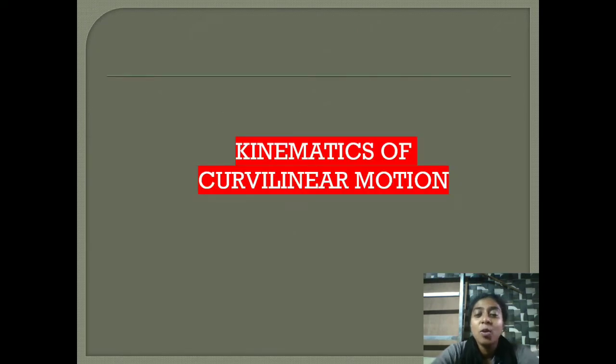So we are studying the kinematics of curvilinear motion. In our last part, the seventh video, we saw how to represent the velocity, acceleration and distance in terms of rectangular coordinates, polar coordinates and normal and tangential coordinates, and we saw a few problems on that. Today we are going to see problems on projectile motion. Projectile motion is an example of curvilinear motion. So in this class we are going to see some problems on projectile motion.